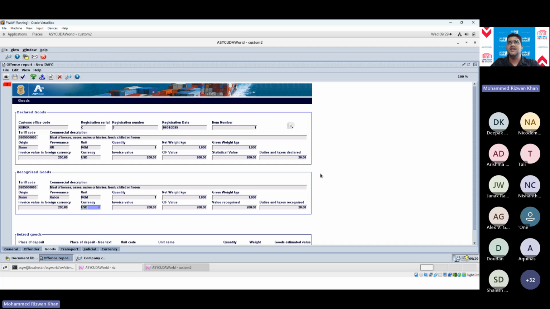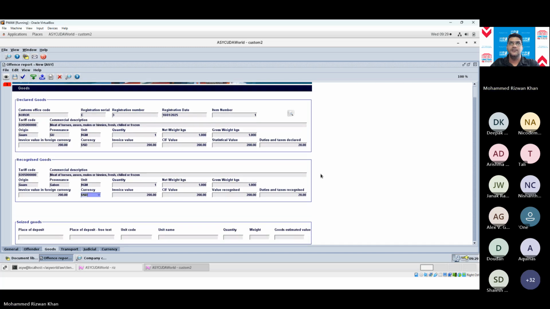Or if it was a seized item, if it was undeclared. And this is where you will, okay, I have a question and I'll answer that after this. So this is where you will state where you are keeping the goods if it was a seized goods. So it's a customs HQ and so forth. So you can put down what quantity and all those things, the number of items and all those that was kept there.